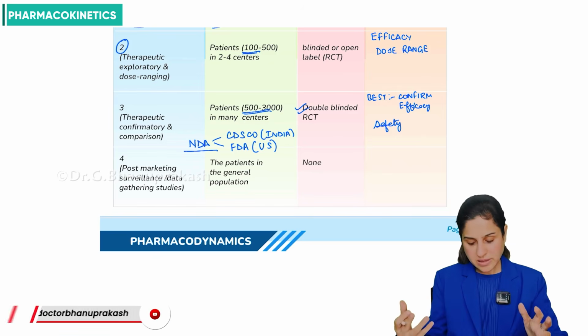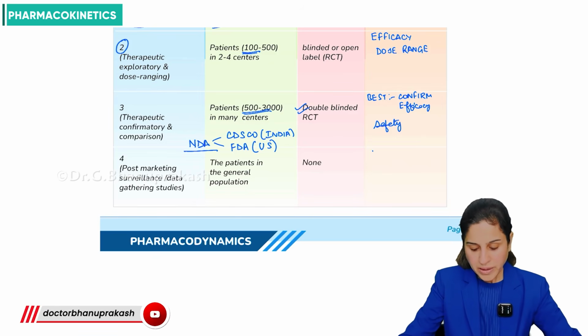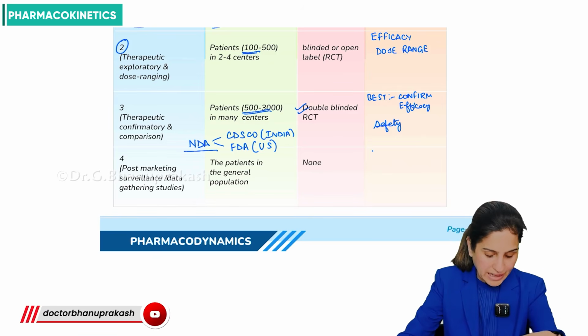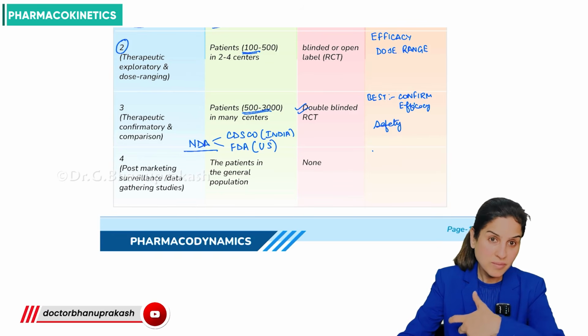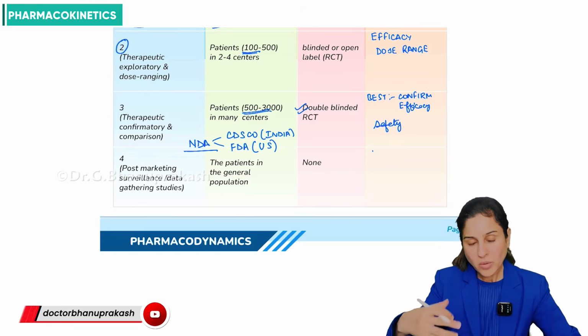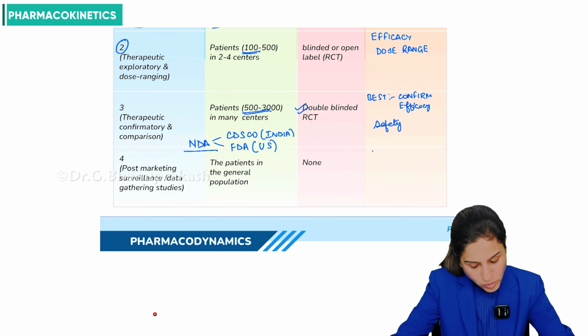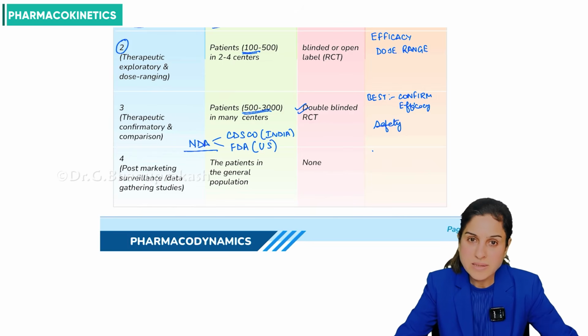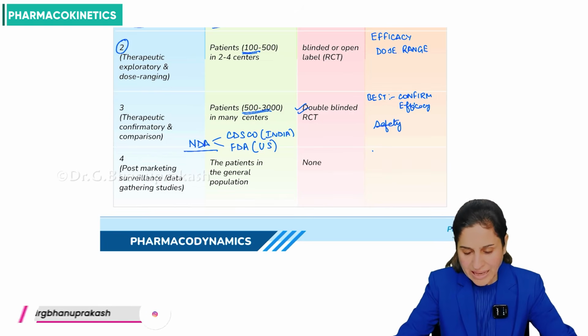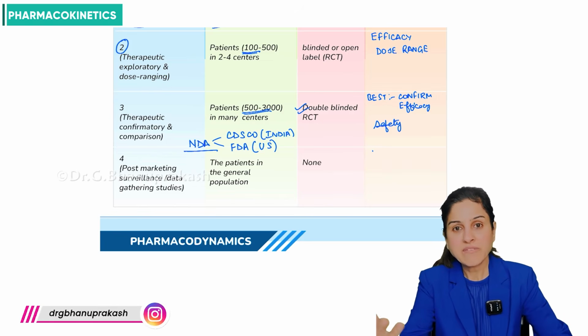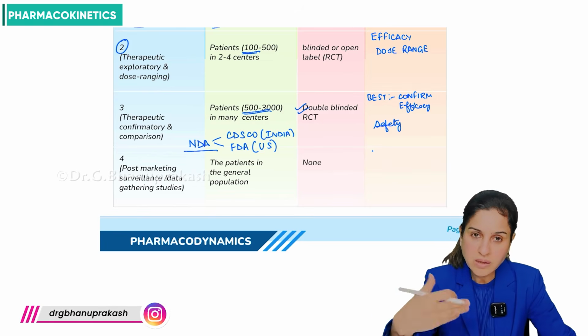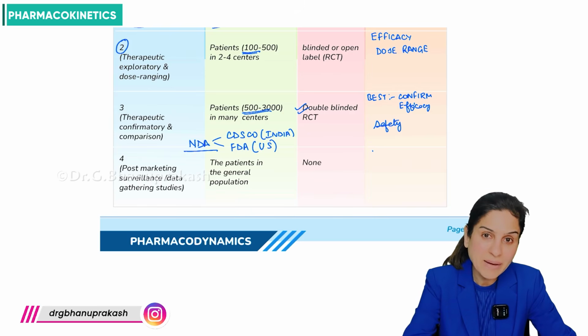So then they study this, and ultimately now the drug enters into the market. So that is where we do all the other studies like post-marketing surveillance, pharmacovigilance studies, etc. are done. And now all the healthcare providers are going to prescribe the drug